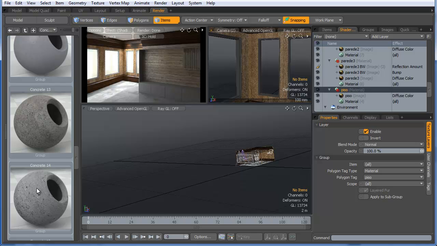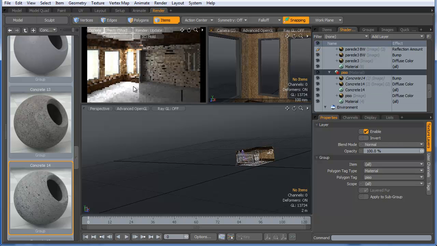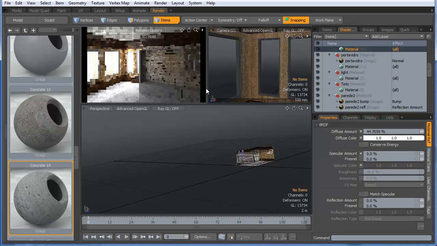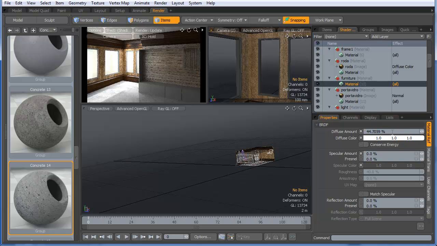Let me take a look at this one. With the group selected, I'm just going to double click it and it will override my other material. Okay, let me go to this material here, and I will let the diffuse amount just like it is, and I will press conserve energy, and I will add a reflection